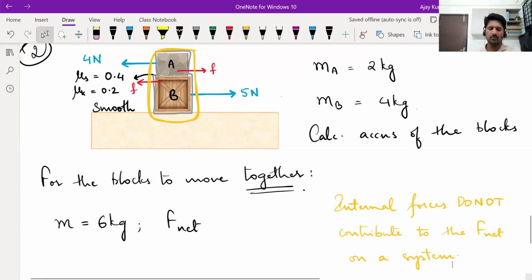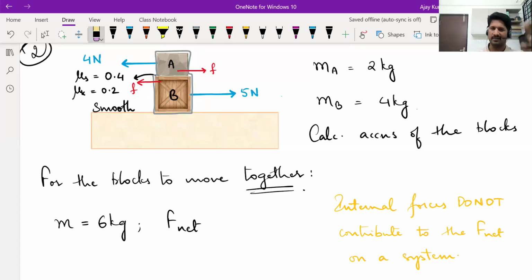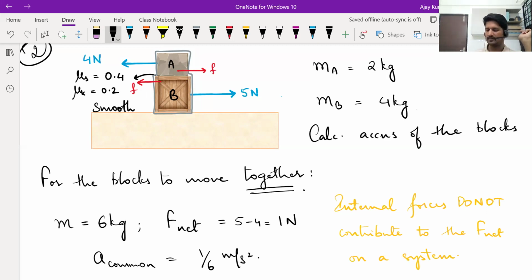Okay, now we are taking both blocks as one system, so you don't have to consider friction at all. It will be acting, but the overall motion will not be disturbed by it. So net force becomes 5 minus 4, that is 1 Newton. In that case, the common acceleration with which they move should be net force divided by the mass, 1/6 meters per second square. Now we have to check if this much acceleration can be provided by friction or not,